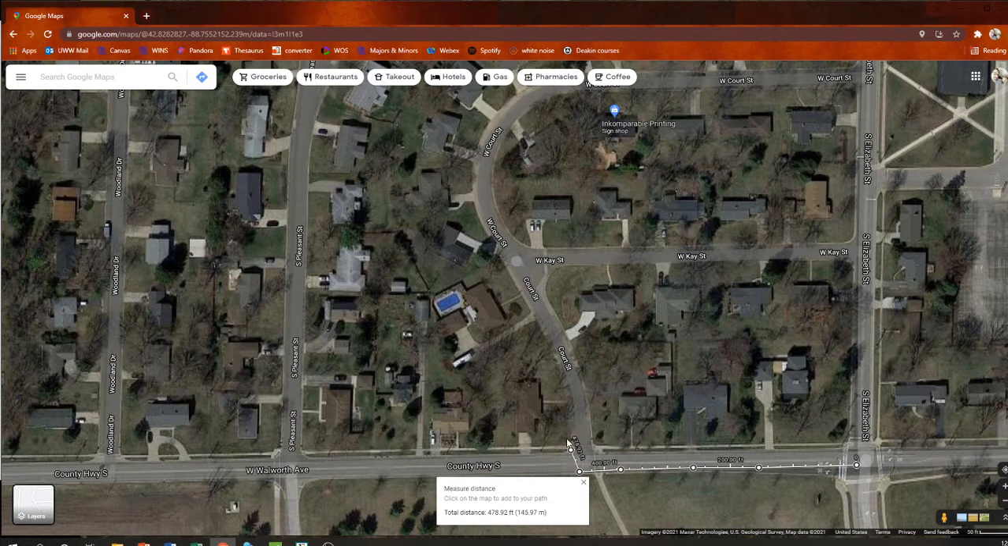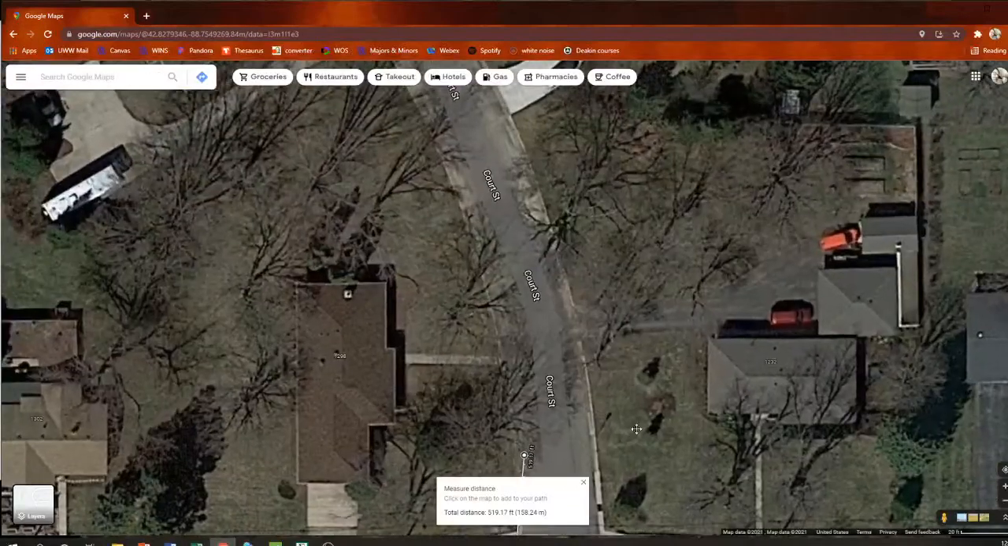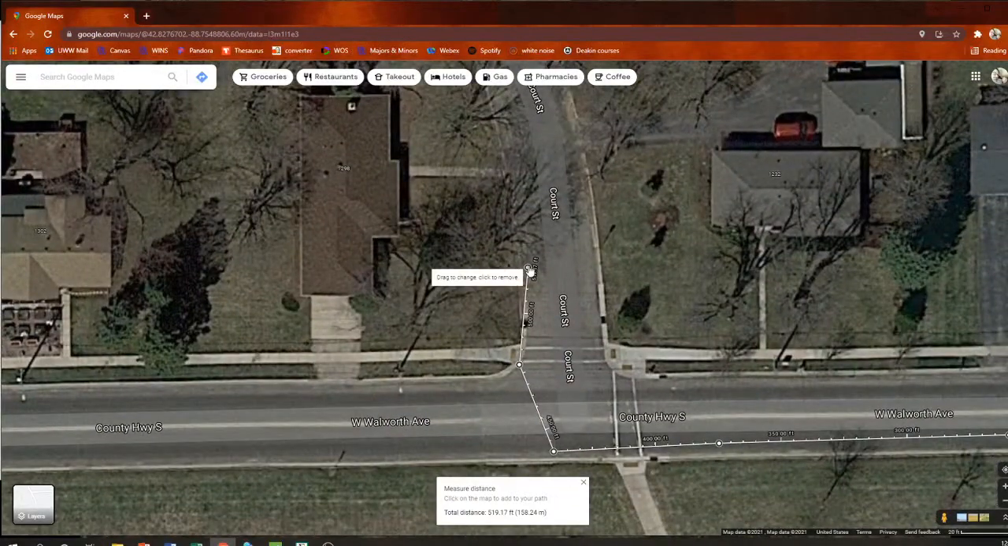Well, what happens if you screw up and I accidentally clicked over there, right? Well, you can click and move that point back over to here. Maybe let me zoom in here on that. So you can be more on the street, or you can just click on it to remove it, and then